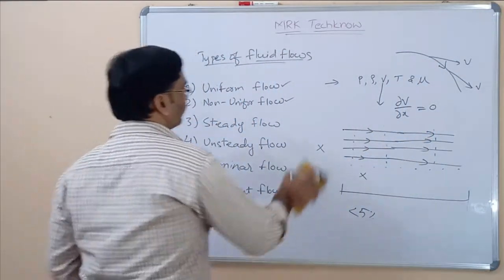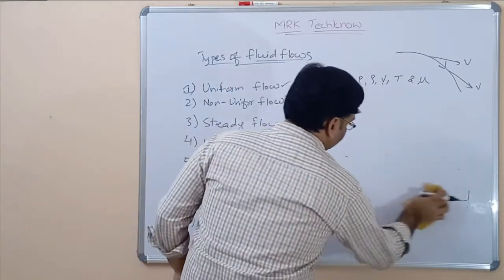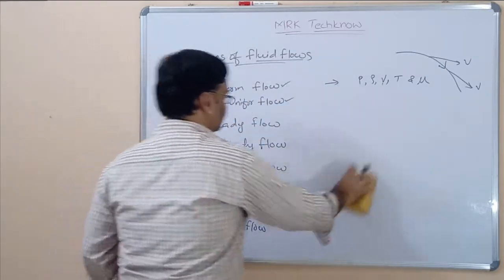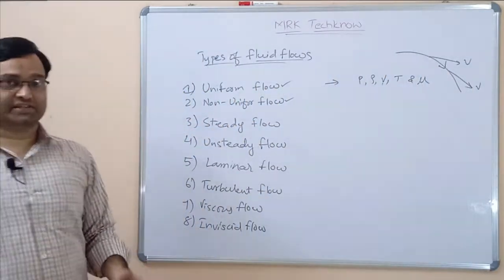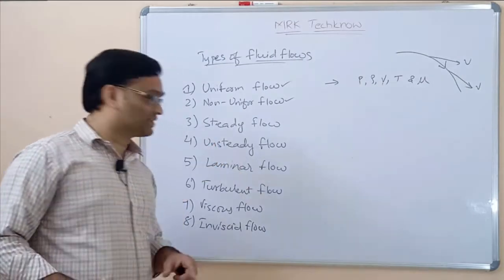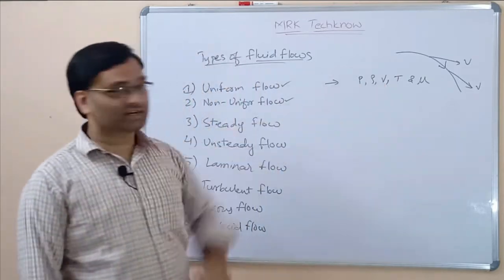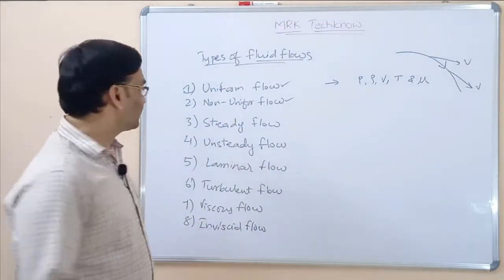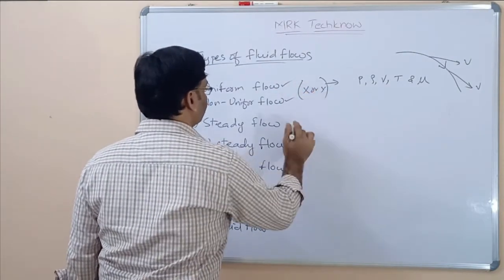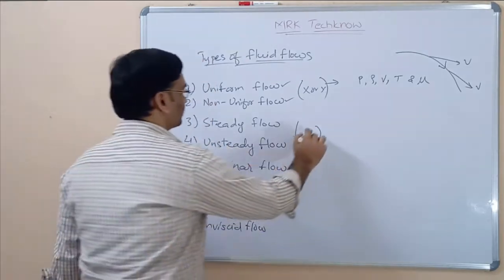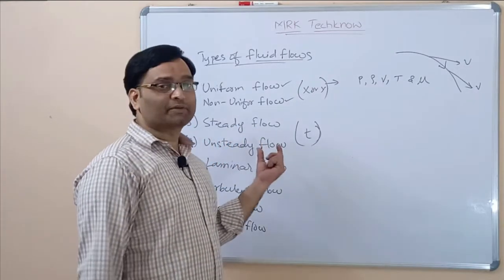Next one, steady flow and unsteady flow. Steady is a word we generally use in real life. Be steady means you should not have any change in your position. Here, not changing position means the fluid should not change any property. With respect to what? For uniform flow the distance parameter, x or y, came. Here the time parameter is the important parameter, with which the fluid properties remain